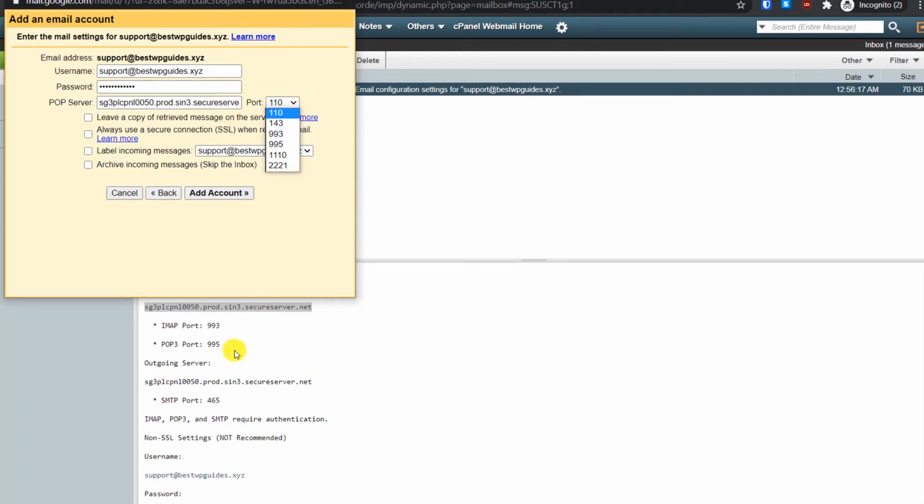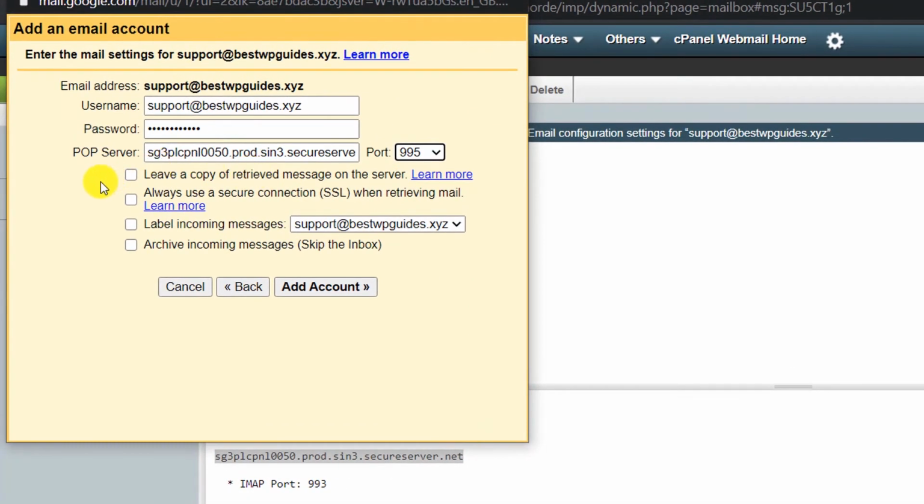So then select the correct port here. For POP3, you can see it's 995. And then in the settings, the first setting is "Leave a copy of retrieved message on the server." What this means is basically when anyone sends an email to this address, support@bestwpguides.xyz,